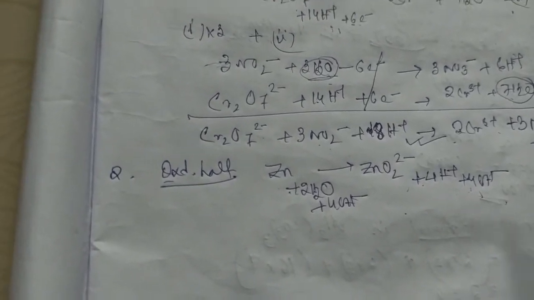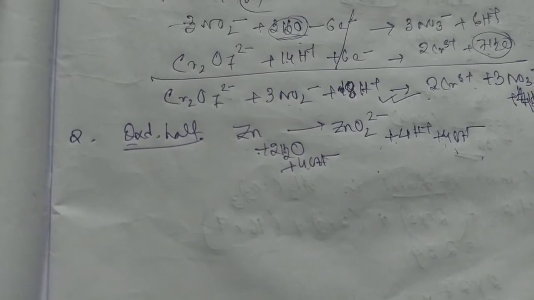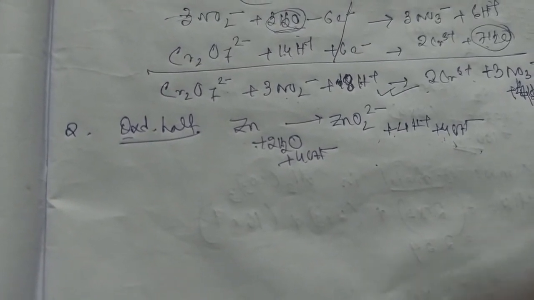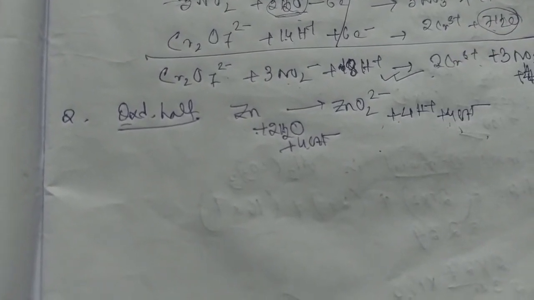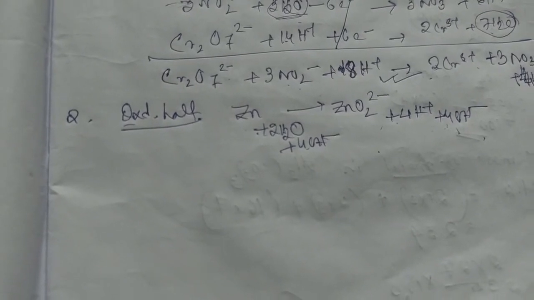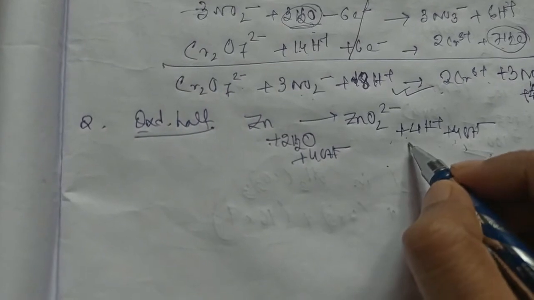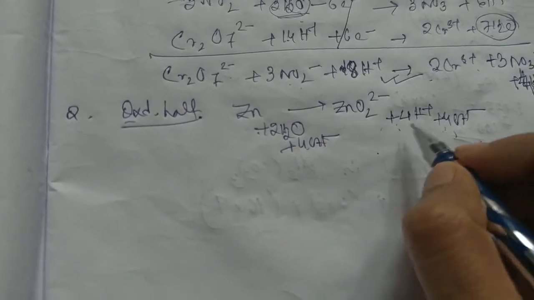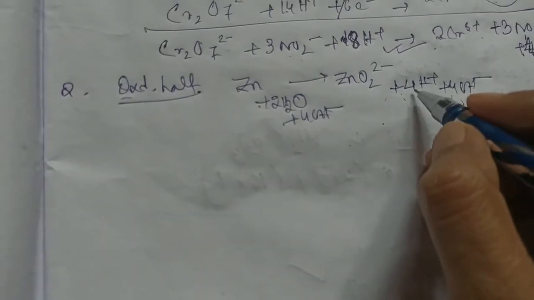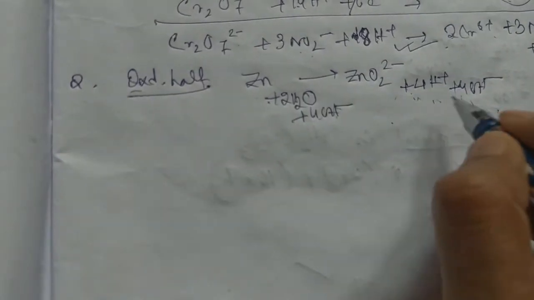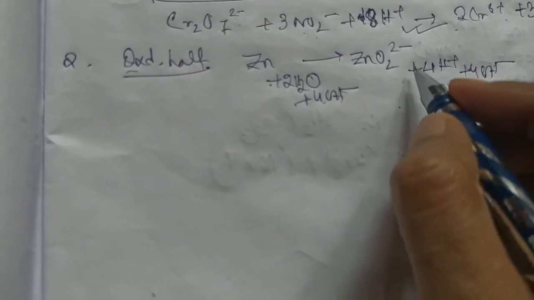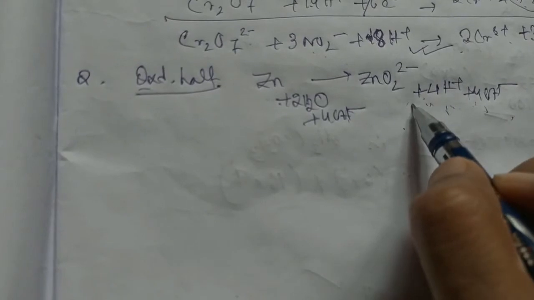Now there are many who balance by using direct OH minus. It's up to you which method you will choose. I think in books also they have shown only direct use of OH minus, but I have found it easier, and I learned it previously in my student life. I found this step much easier and comfortable as it is linked with the acid medium in a similar way.